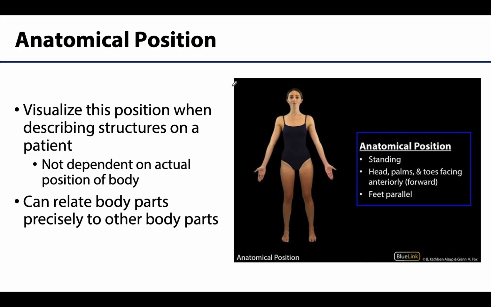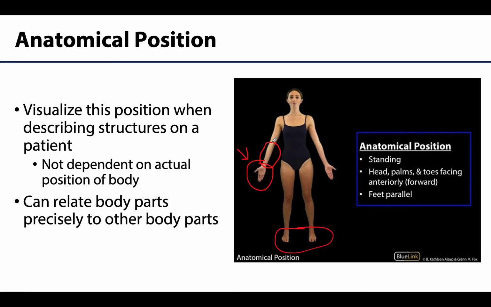So what you will describe is an individual in anatomical position. So the anatomical position is the person standing upright with their heads, their palms, and this is key, as well as their toes facing anteriorly or towards the front. And so these are all fairly natural positioning, except for these palms that are facing anteriorly, which isn't typically how one stands naturally. But in this position, the bones of the forearm are going to be parallel to one another